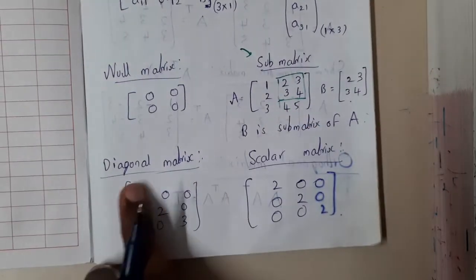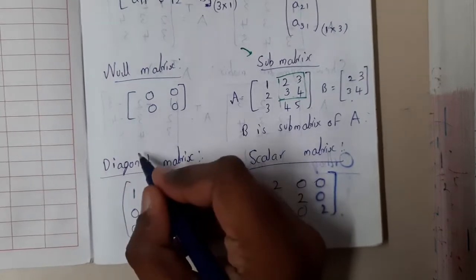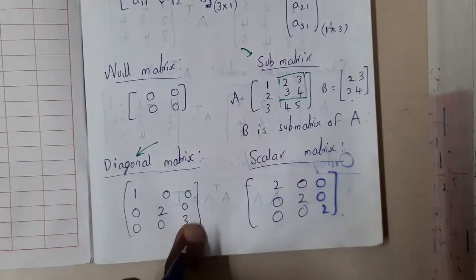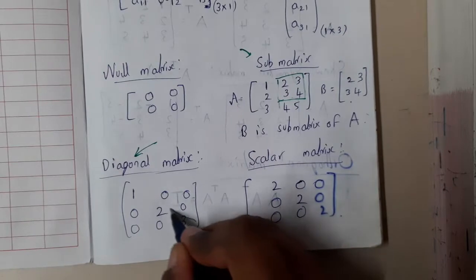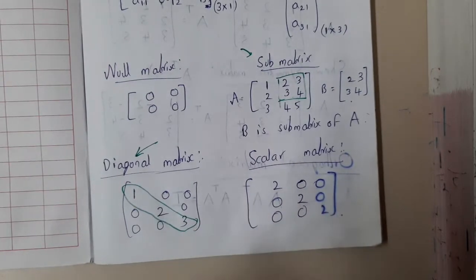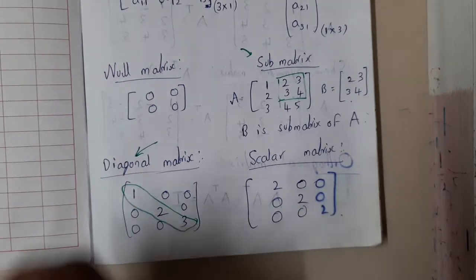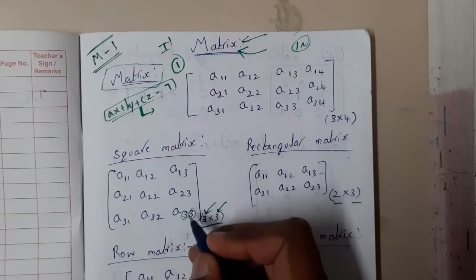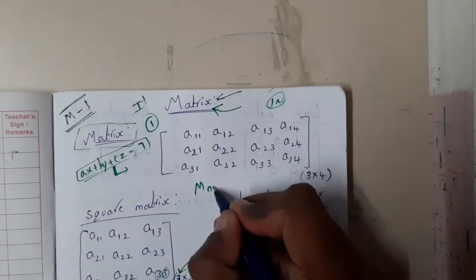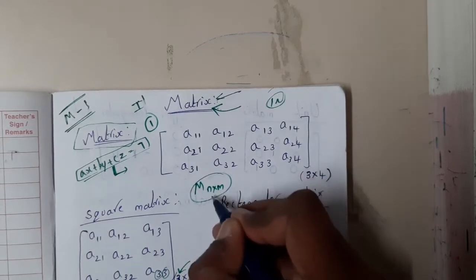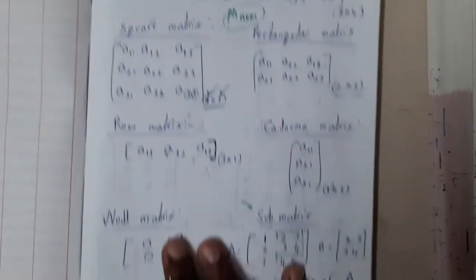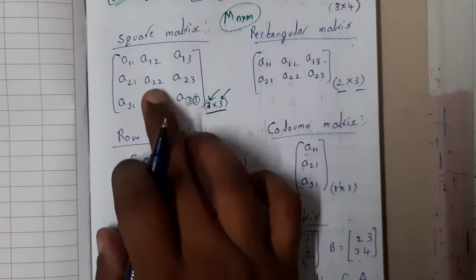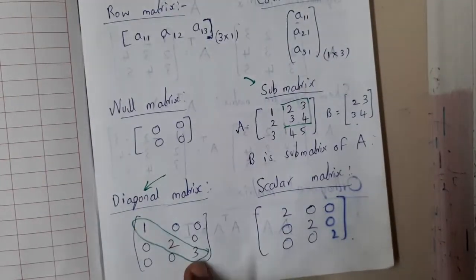Similarly, diagonal matrix. From the name itself you can tell, only in the diagonal we will have values. This is the diagonal. If you are confused about the diagonal, always in the diagonal the values of n and m are the same. A matrix will be represented as n cross m in this way. So here n and m values will be the same on the diagonal. If only those elements are there, then it is called a diagonal matrix.